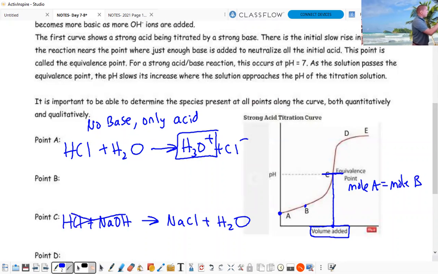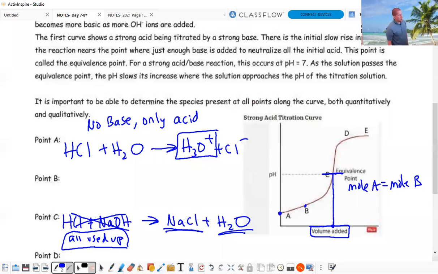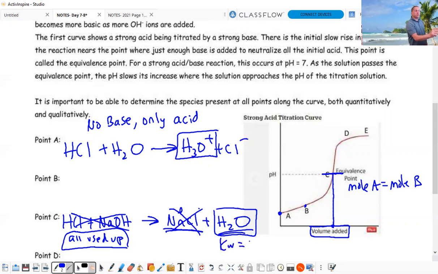Now these are limiting because by definition, they're all used up. They're equal. The moles of acid equal the moles of base, which means we have NaCl and we have H2O in order to do the pH at the equivalence point. Well, Na plus is the conjugate acid of the strong base. Cl minus is the conjugate base of the strong acid. So these don't affect pH. And so we have Kw equals 1 times 10 to the minus 14 and all of those equations that we